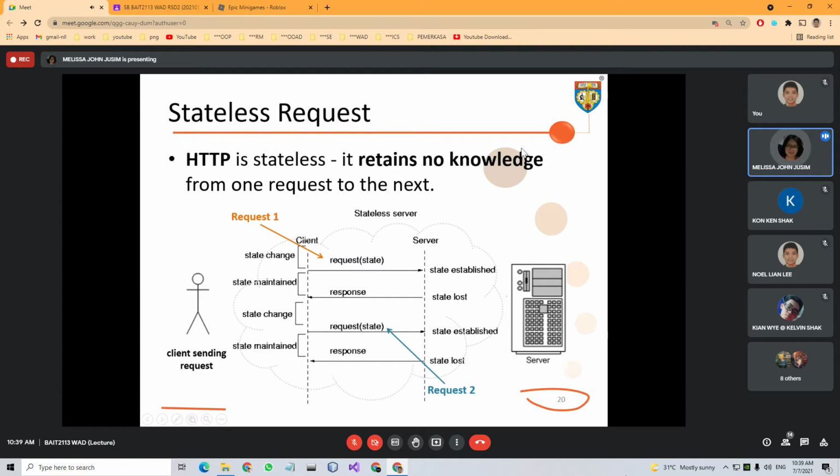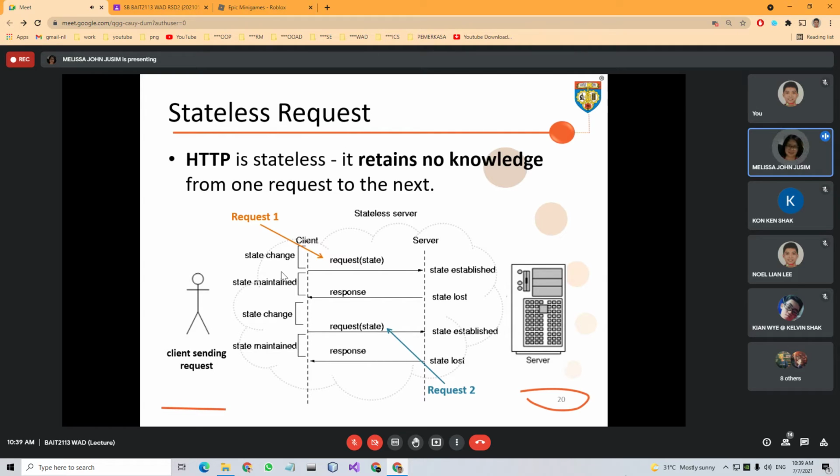From this diagram, you can see the client sending request number one to the server, and the server gives the response. Then the client sends another request, the server processes it and sends back the response to the client. So request one, request two: if we send using HTTP, we cannot connect both of them.